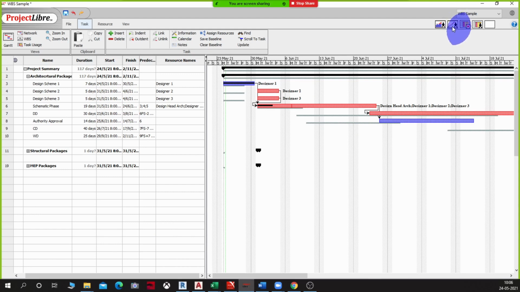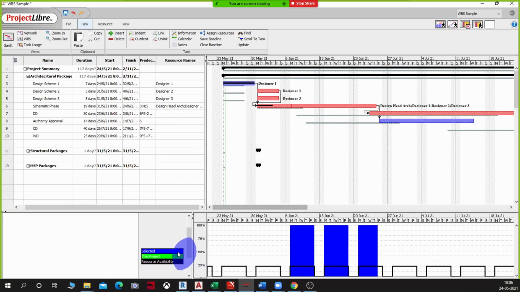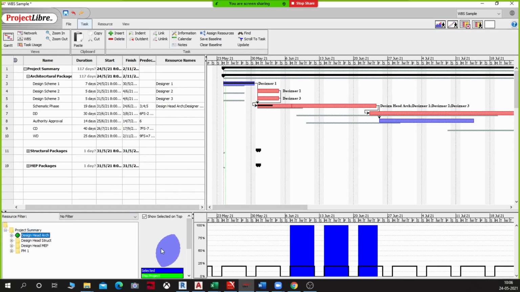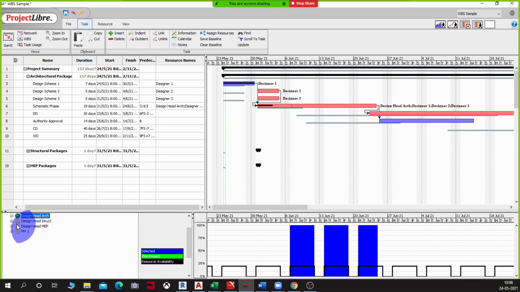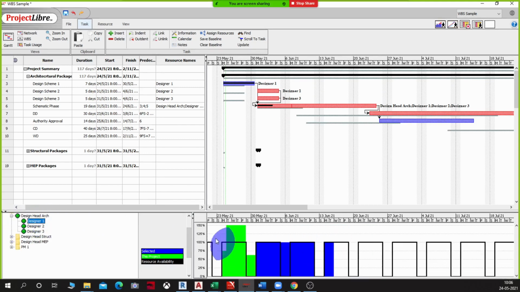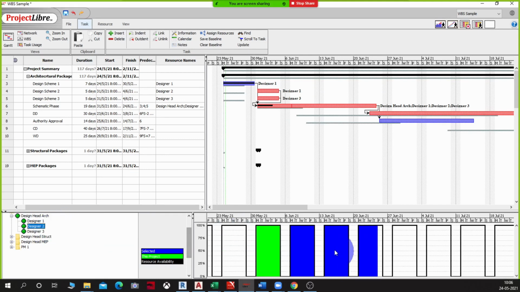When I click on this chart here, right next to this, we had seen this in the previous class, the histogram. This can show me the number of hours people are allocated in the project, right? Whether somebody is overburdened or less burdened, I can see that here. You see, this person is being given more than 100% work. This person is doing actual 100% work.